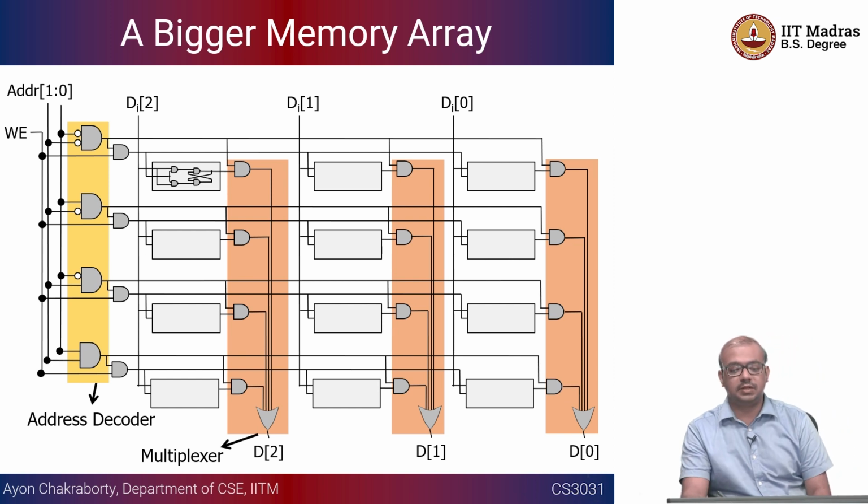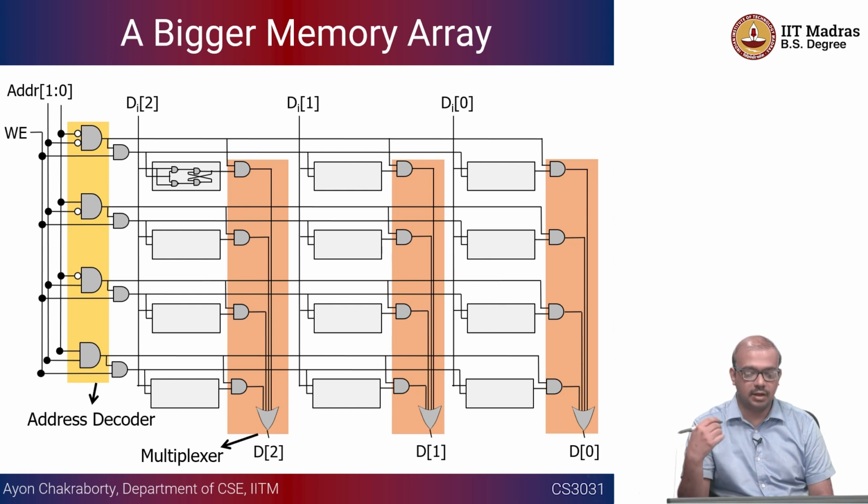Okay, so this is how you can actually increase the size of the memory by the same concept. You can always think that if you have 2 bits, from that you can have 3 bits. In that case, you are going to have 3x8 decoder, address decoder. Similarly you can use a larger memory. Okay, so